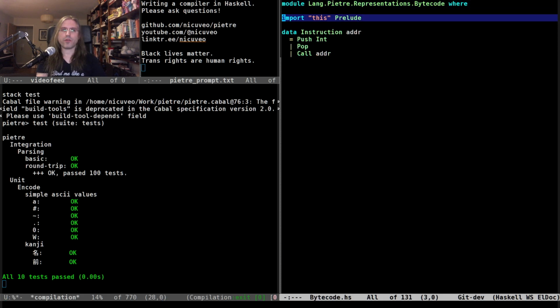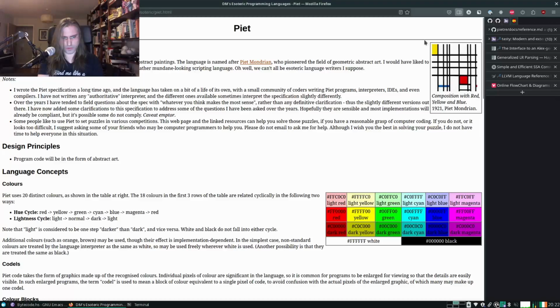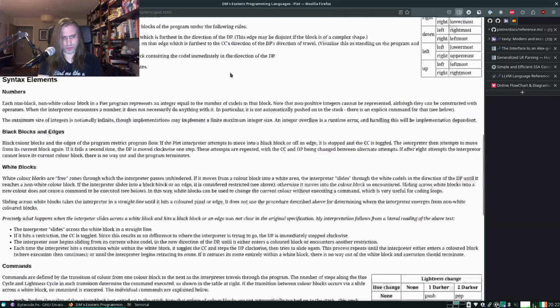Because here is where we're going to be purely in the realm of trying to make an image. So basically, we've made the input for all the complicated part of the project, which is the IR and lowering into IR and optimization, which is the hard part. So we've made the input for this, which is the AST. We are able to parse an AST from a code file. Now let's make the output of this optimization and assembly phase, which is the bytecode, as in something that represents Piètre instructions that we can then convert into an image. And let me open the original Piètre documentation page for reference.